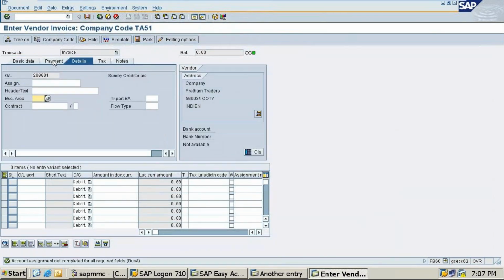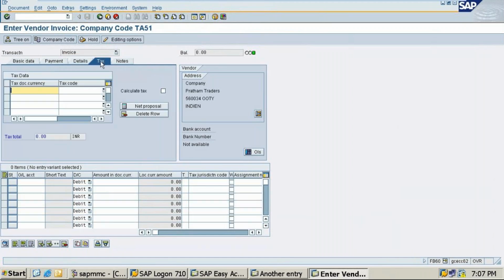Payment details, taxes. Fill the required field. Click on the tax details.